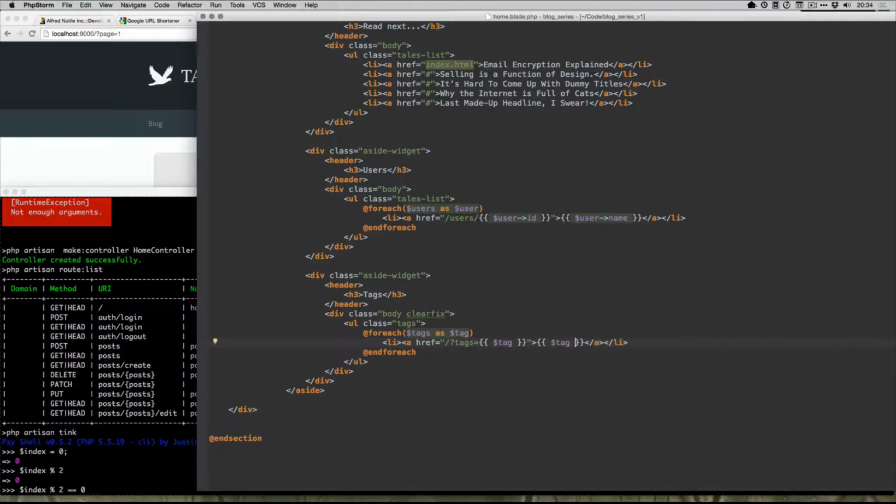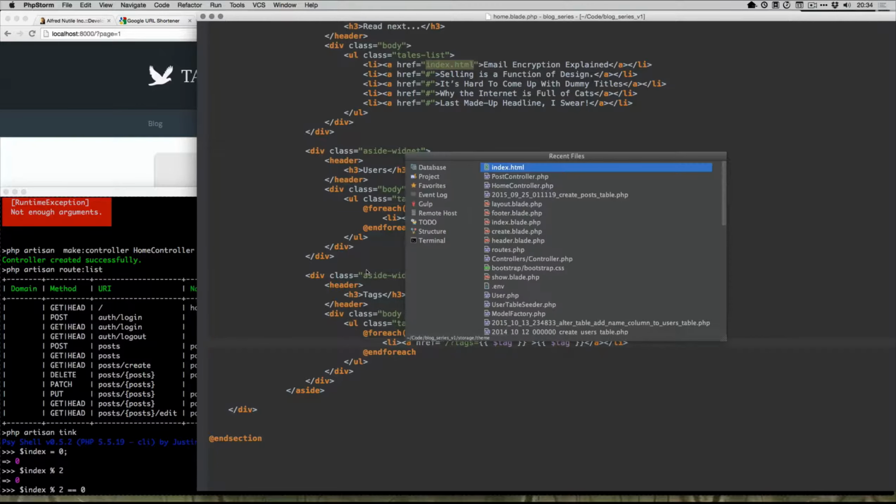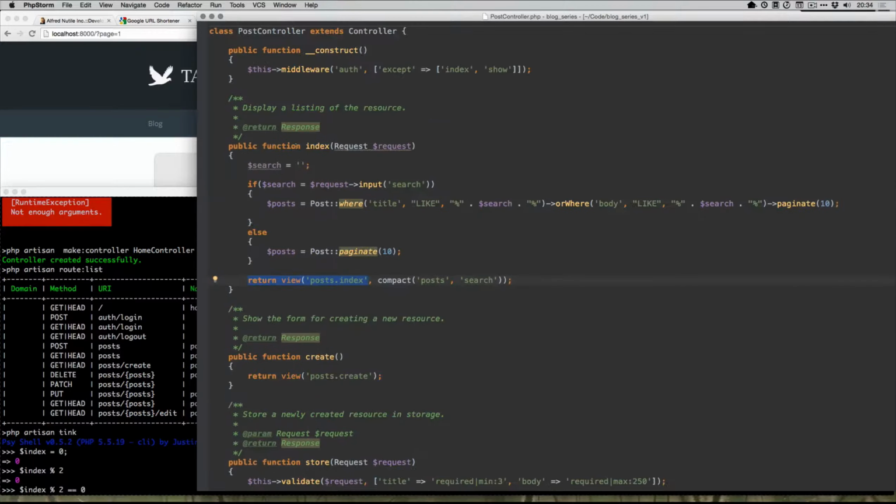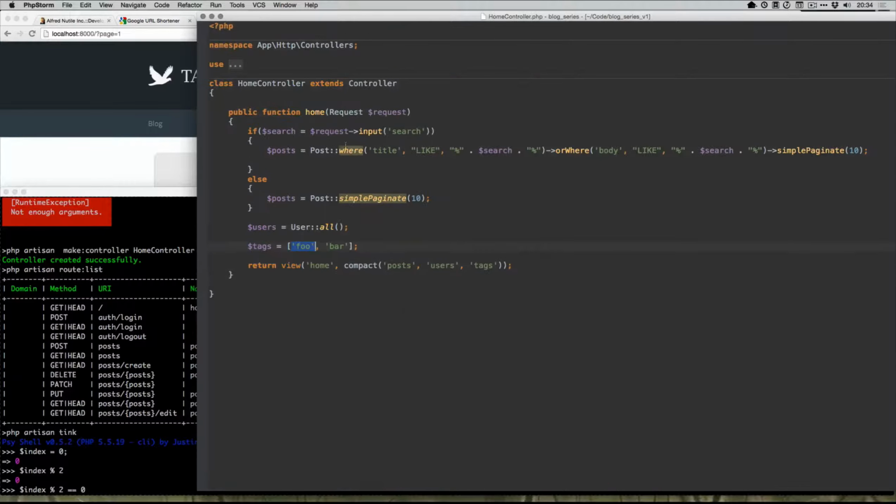Yeah. So we would come back to the controller and say, "Oh, is there a tag?" Well, wrong controller. Is there a tag coming in? See how we say, "Is there a search?" Great, do something. We can also say, "Oh, there's a tag. Let's do something there." So we can definitely build off of that feature shortly. So right away it doesn't do anything, but if we used it, let's just do a dd